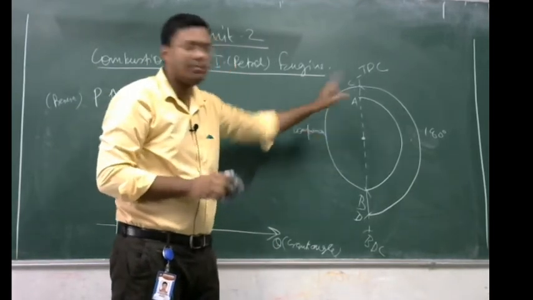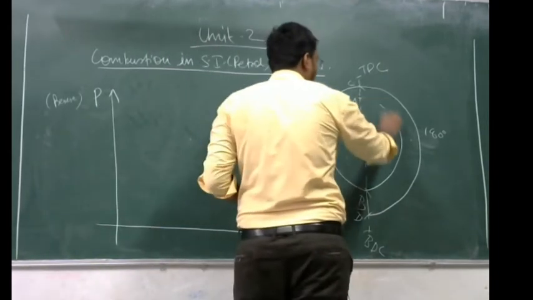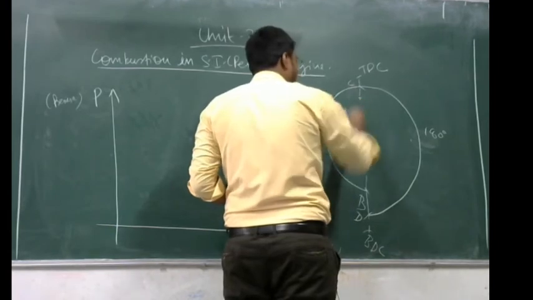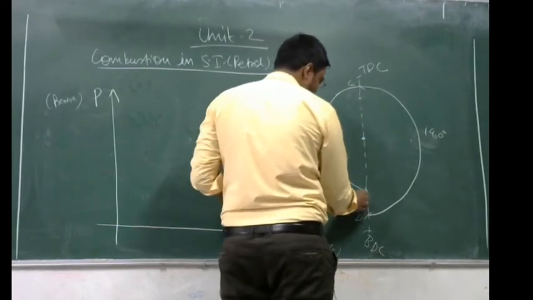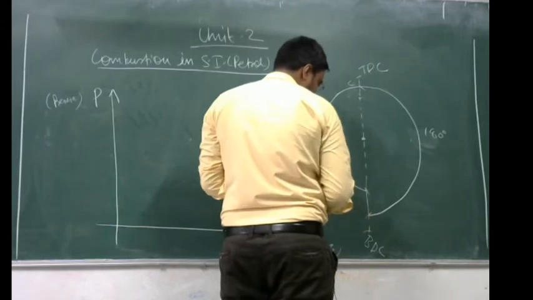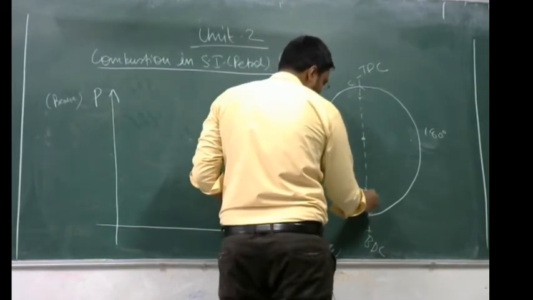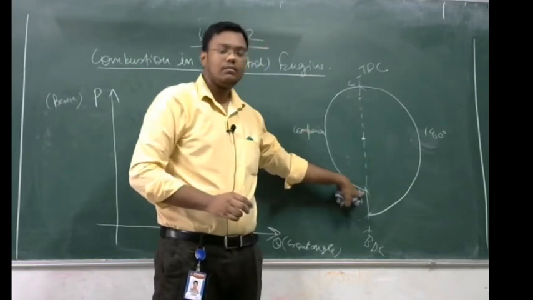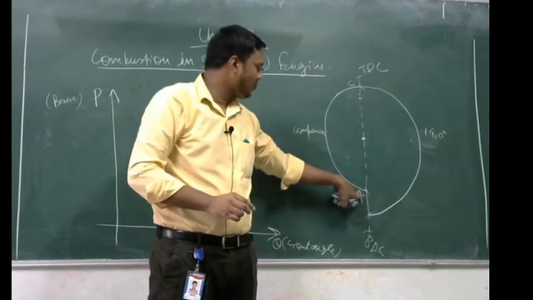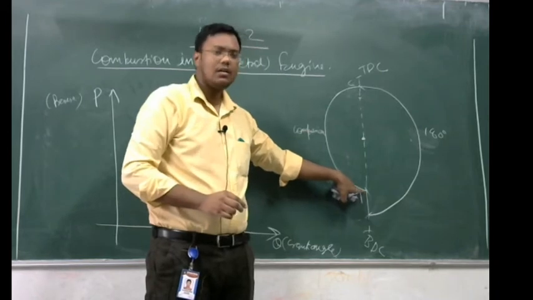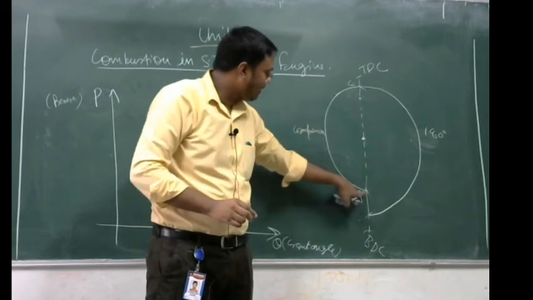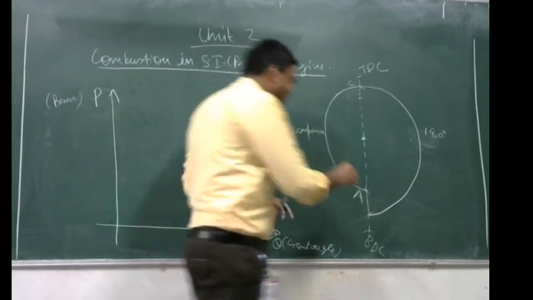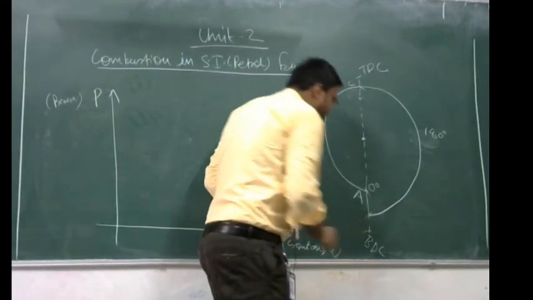Suction is not involved in combustion, so we remove the suction process here. Actually we will start with the compression stroke. So here is point A, and let us assume that at the starting of the compression the crank angle is 0 degrees, because we are assuming that combustion starts with compression. So at the starting of compression the crank is at 0 degrees.